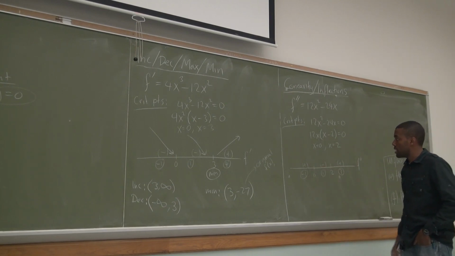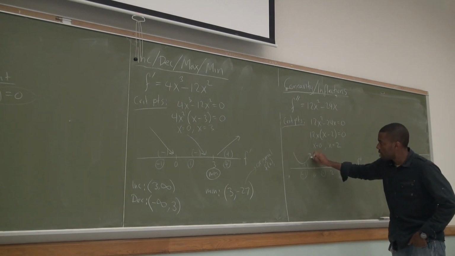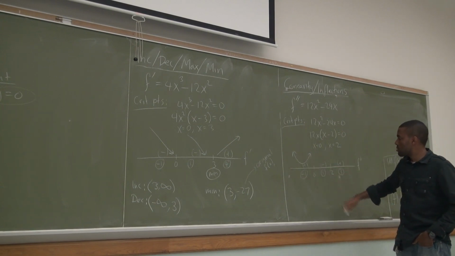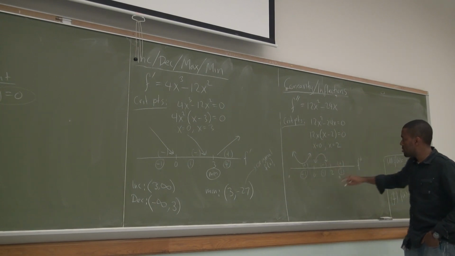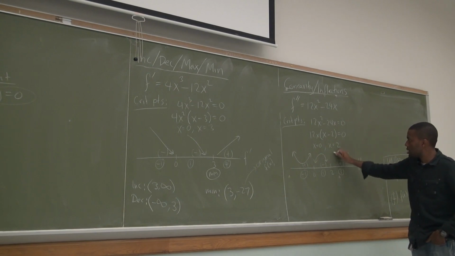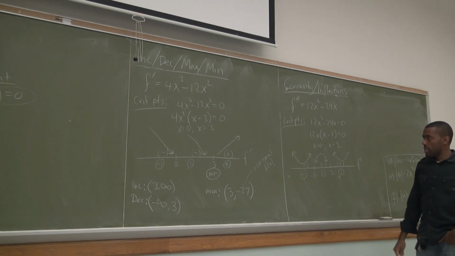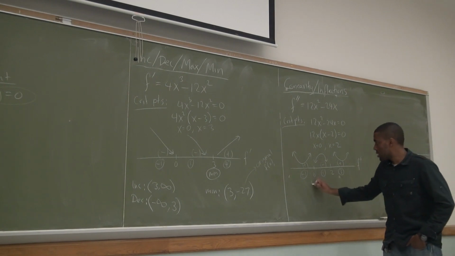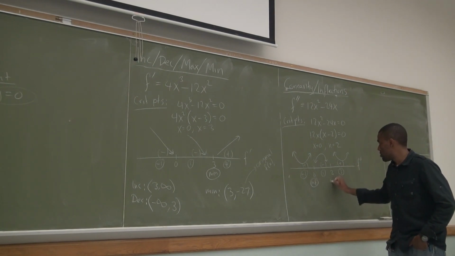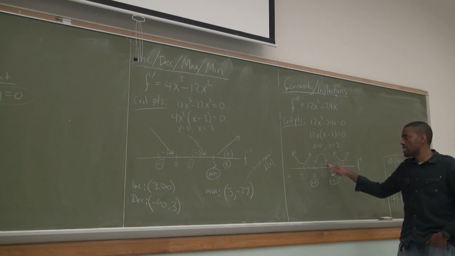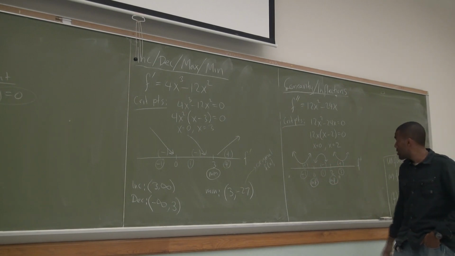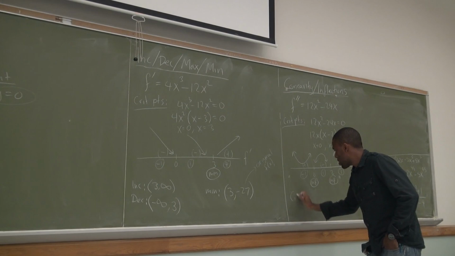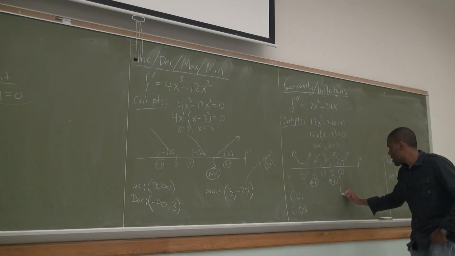What does positive mean? Concave up like a cup. Negative means concave down like a crown. Positive, up like a cup. Any inflections? We have both of them. Inflection here and inflection here, because I switch concavity and my function is continuous still. So if I want to know where am I concave up, where am I concave down, and where are my inflections,